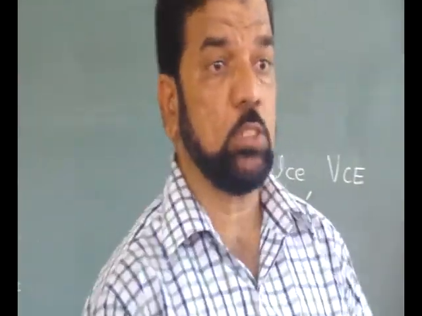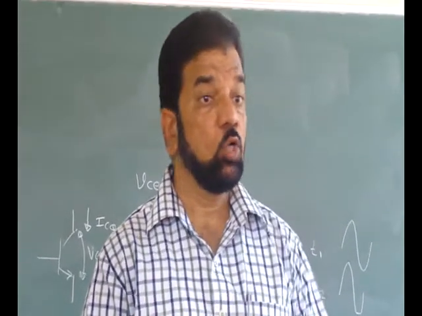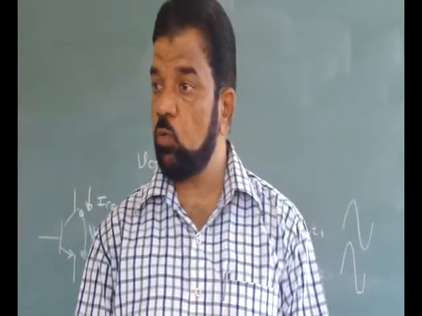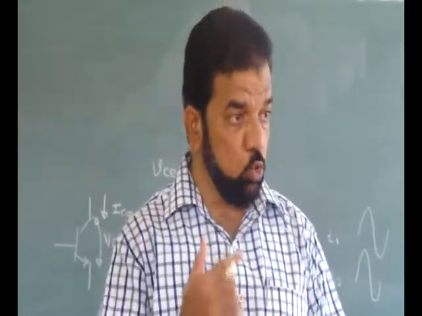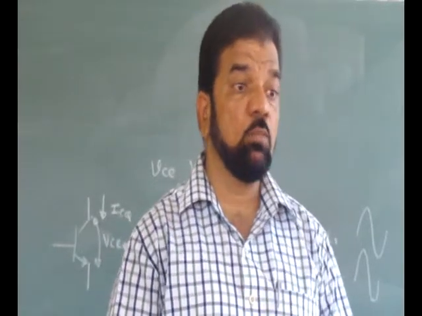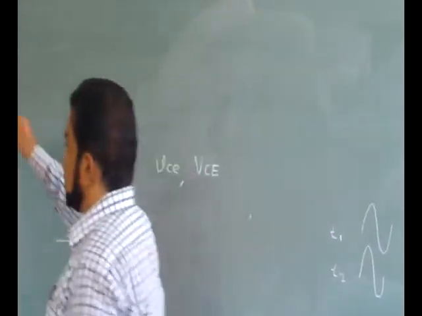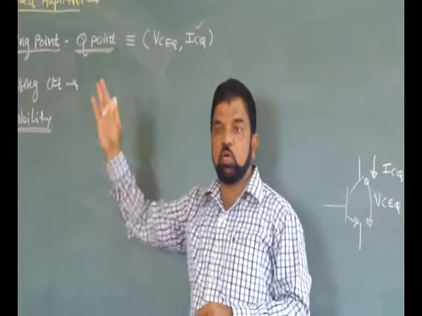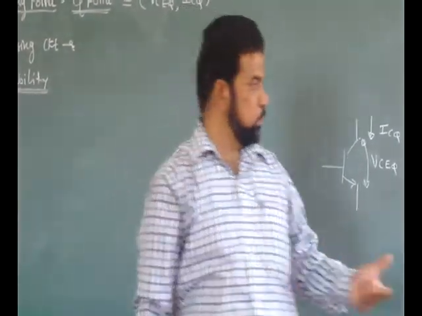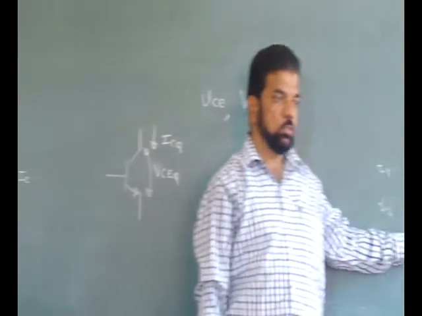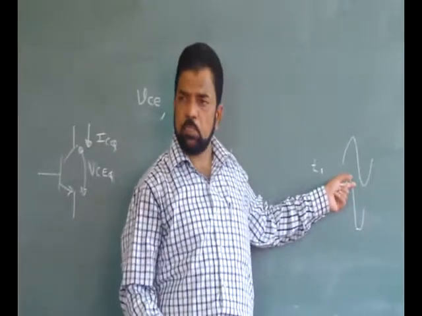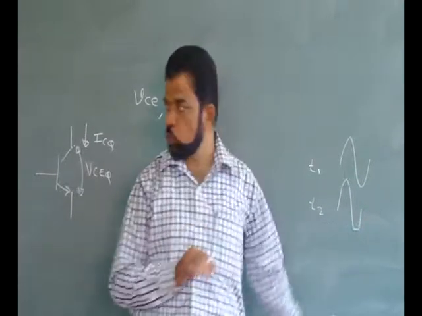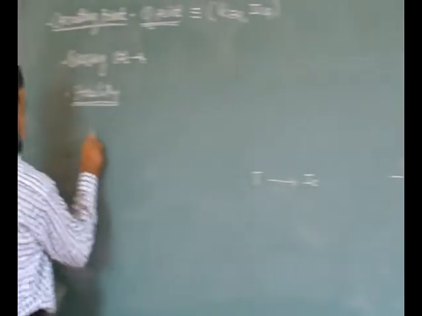And because of this process, what is the result? Thermal runaway. Self-destruction of the transistor because of a cumulative process. That is nothing but thermal runaway. So if temperature gets changed, definitely the operating point gets changed. And if the operating point gets changed, you are getting different waveforms. That means in some cases you are getting clipping here, in other cases clipping here, and in some cases clipping on both sides. Okay, that means the sources of instability.